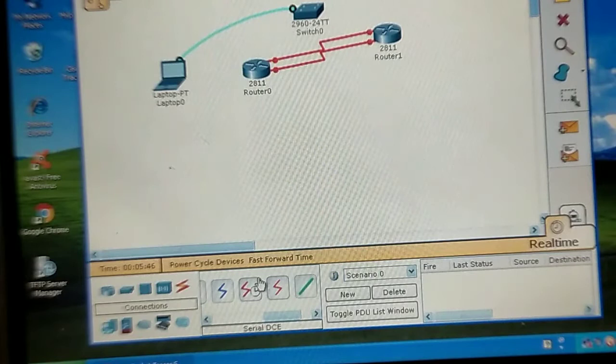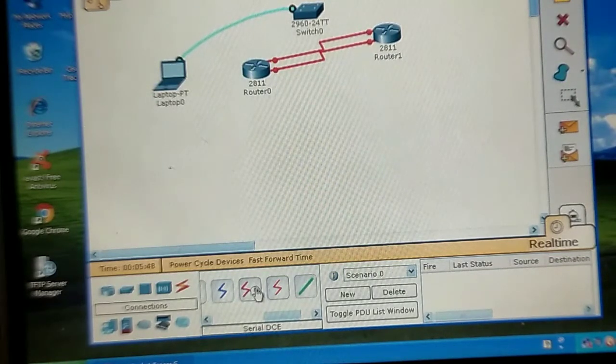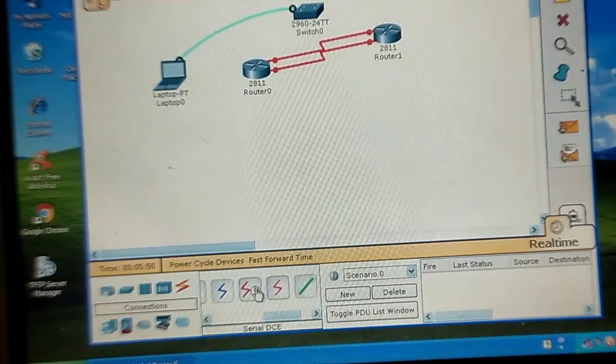So basically this cable is the serial DCE cable. This is used for clock synchronization. The clock rate is provided at the router port to which the serial DCE is attached, and the other router doesn't need the clock rate for synchronization.